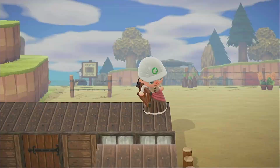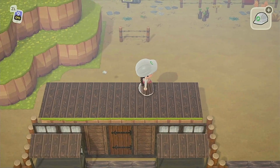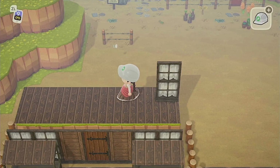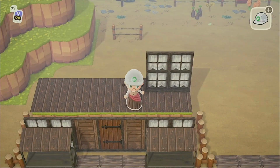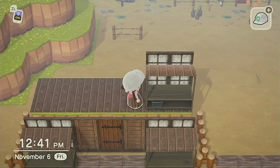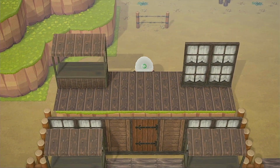Here up on the 2nd level, I'm putting down just that basic wood platform. It's definitely something that I suggest doing if you're ever putting together a custom building. Make sure that you don't forget to kind of cover the ground. It goes a long way to establish a little bit of the illusion when you're trying to build these custom